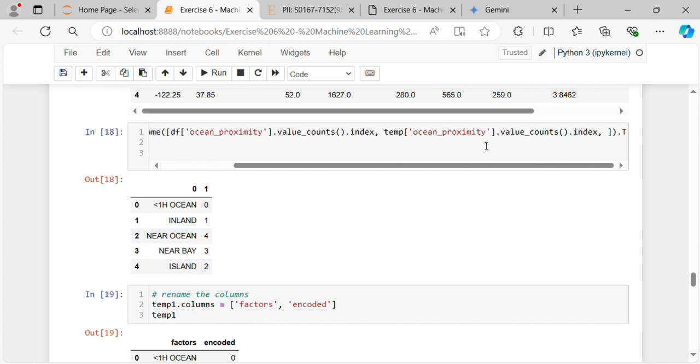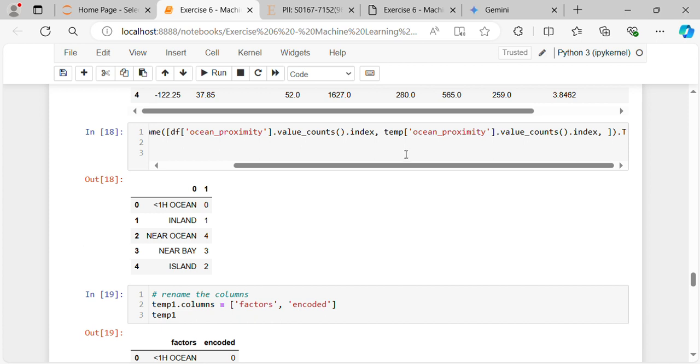The next one is the ocean proximity column from the temp data frame .value_counts().index, and that will be for less than 1H ocean we have 0, inland we have 1, near ocean we have 4, nearby is replaced by 3, and island is replaced by 2,